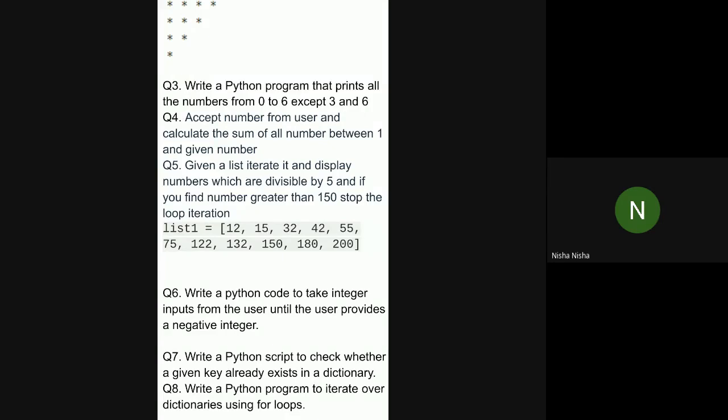Because when you are taking a number from the user, whatever that number is, even if it is 5 or 10, that is a definite number, right? Once the user gives that number, you know that the loop has to run that number of times. You'll be taking that number in a variable, so whatever variable you use to get the user's input will hold how many times you want the loop to run.